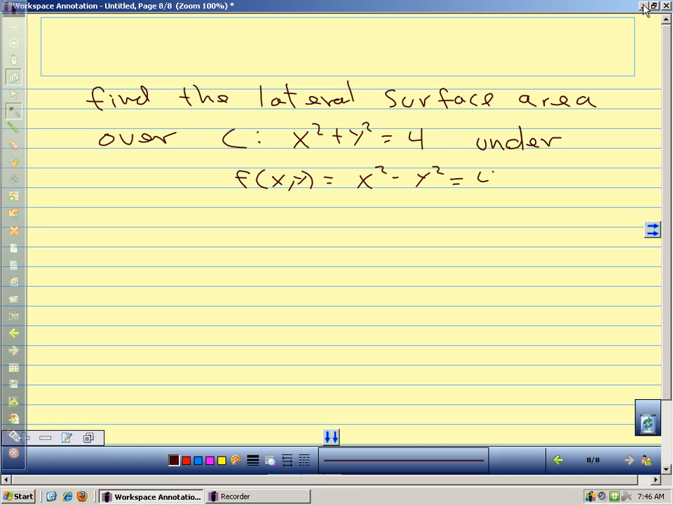All right. The question is, we know this is a circle, so we want the lateral surface area above this circle and under f of x, y equals x squared minus y squared plus 4. Oh, I'm sorry, this shouldn't be equals 4, this should be plus 4. Thinking back to what we did with multiple integration,